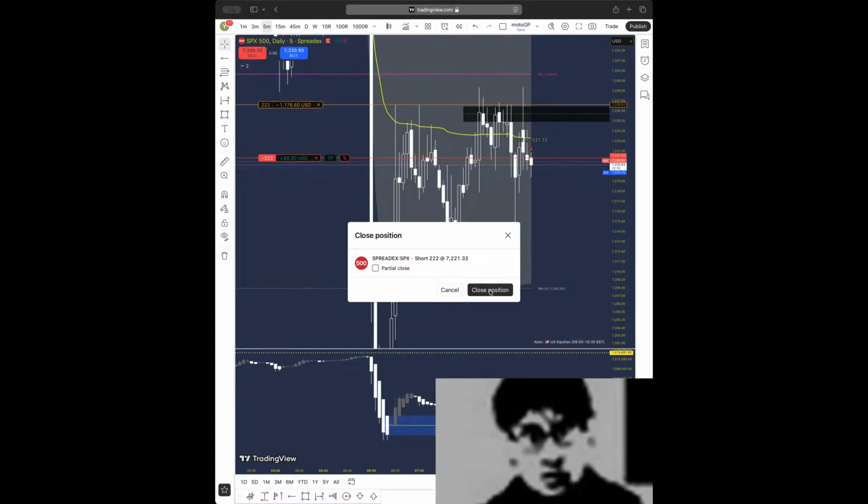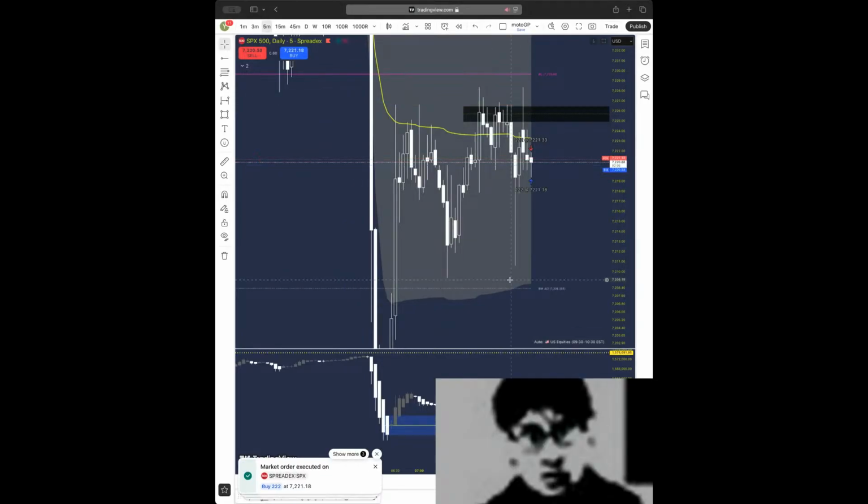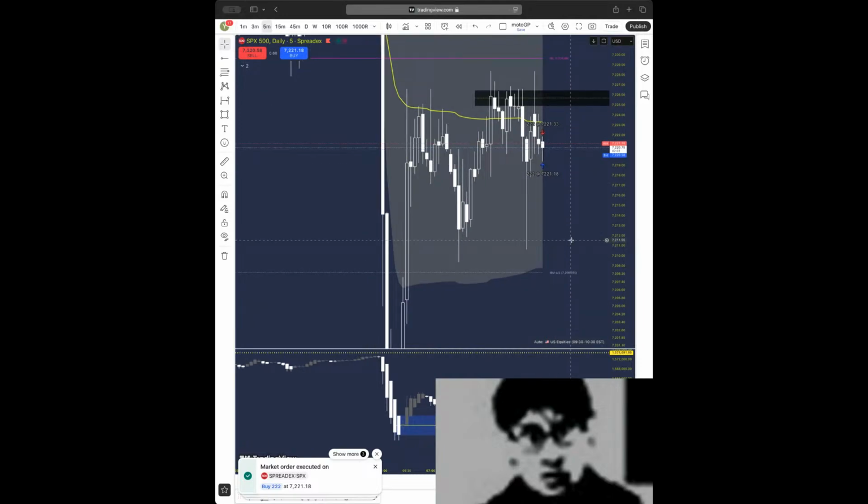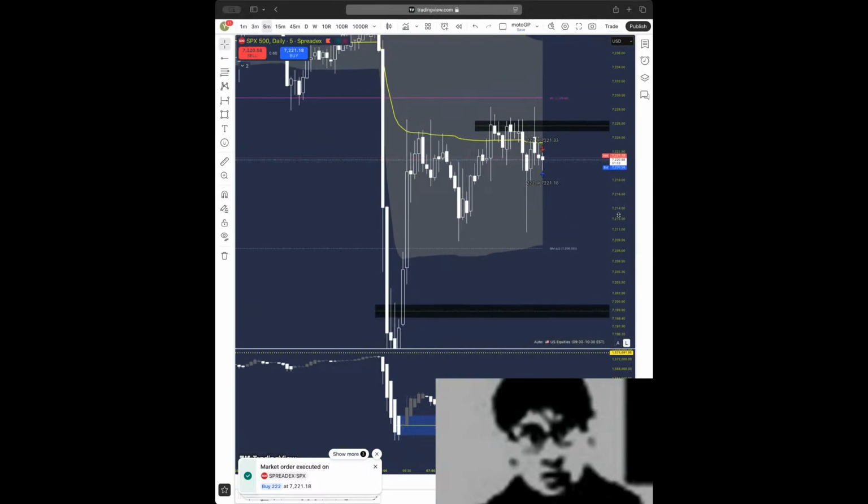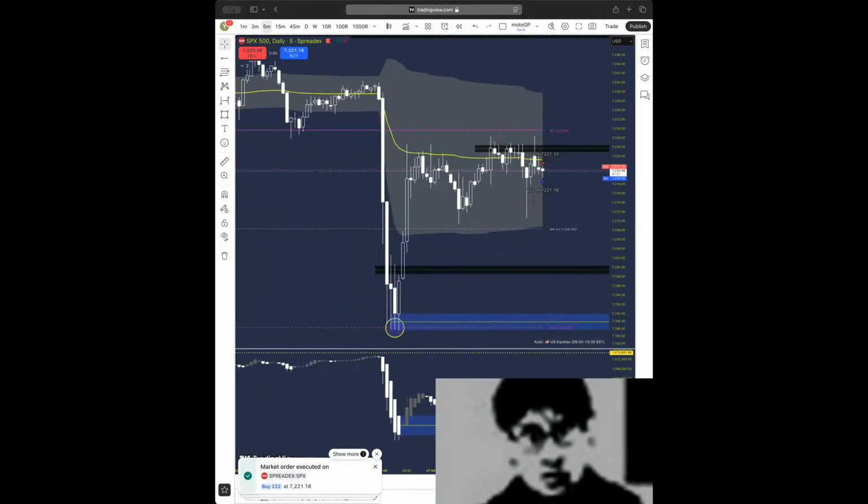It's got to get through there and come back down and turn that into support to really look for that next big leg up to like 90. So you don't need to feel a need to FOMO in right now at 79. You could wait for it to break above, come back down, find support around 79 or 80, and then you could look for a move up to 90, potentially even like 98. But for now,